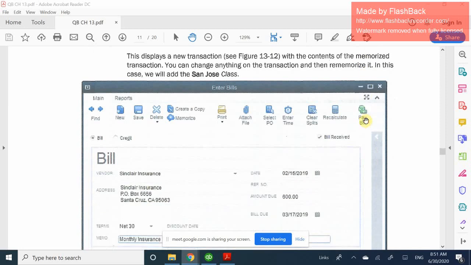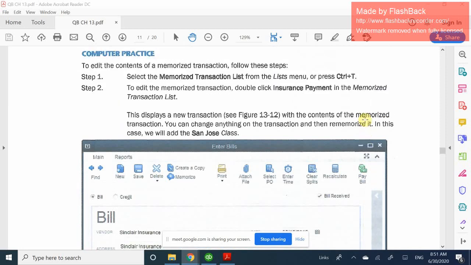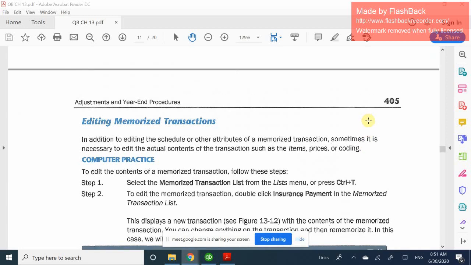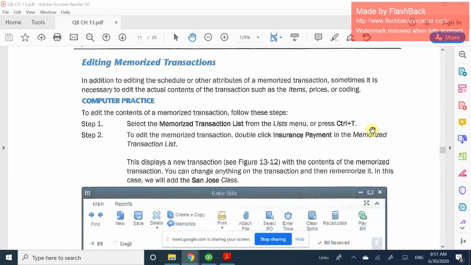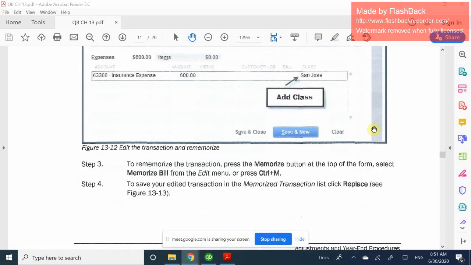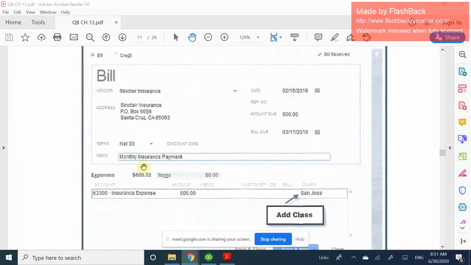So yesterday we just went over how to edit a... okay, never mind. I don't know why. It says how to edit a memorized transaction. We didn't really do that, but we did enter in this Sinclair billing, so we were able to memorize the report. If you guys remember, we entered in the data, and because this is a recurring bill that you're frequently going to get, you want to memorize it